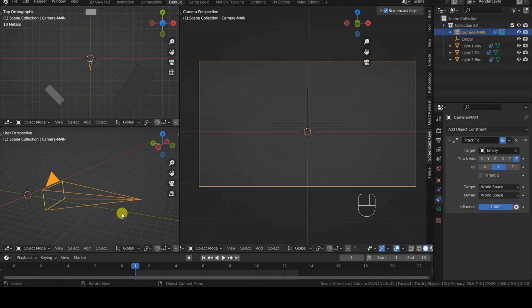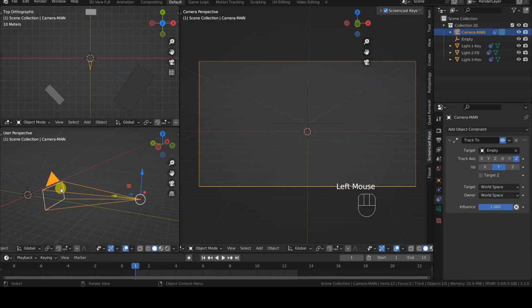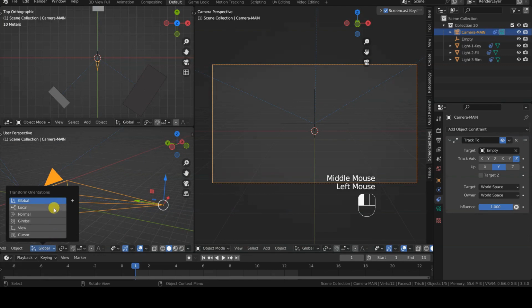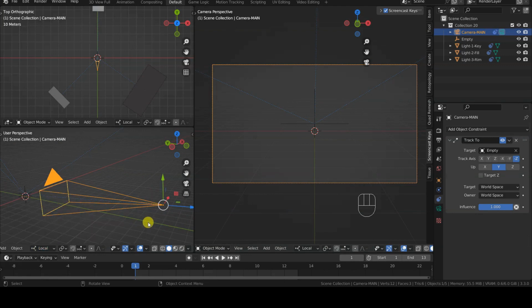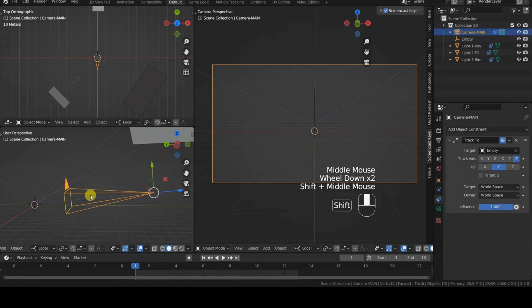In the case of the main camera, it is the local negative z-axis, as can be seen by selecting the main camera and setting, in a 3D view, the viewport gizmo move and the local transform orientation. The positive local z-axis points towards the back of the frame, so we need to set -z in the track axis field of this object.